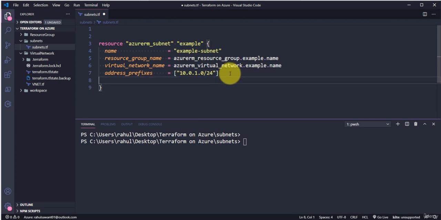and let me close this block. So this is my azurerm_subnet resource type. It is showing an example, so rather than that I will use subnet1. Okay, and in the name field I will use prod-subnet, 10.0.1. Okay, that is fine. I will copy this,